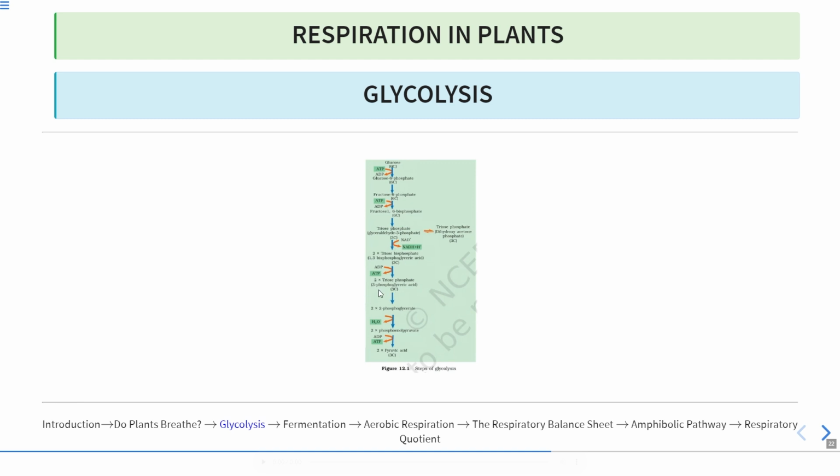Now, this 3-phosphoglyceric acid is converted to 2-phosphoglycerate by the enzyme phosphoglyceromutase. Now, the 2-phosphoglyceric acid releases a water molecule in the presence of the enolase enzyme and forms phosphoenol pyruvate. Now here again the two molecules of phosphoenol pyruvate get converted to two molecules of pyruvic acid